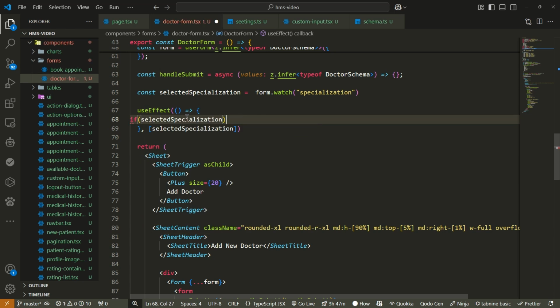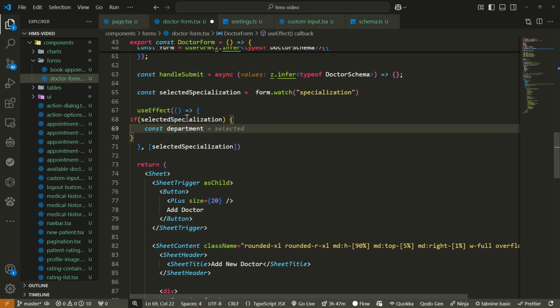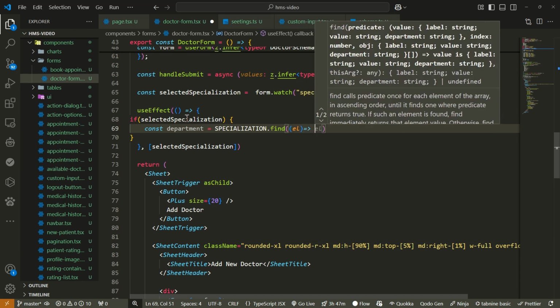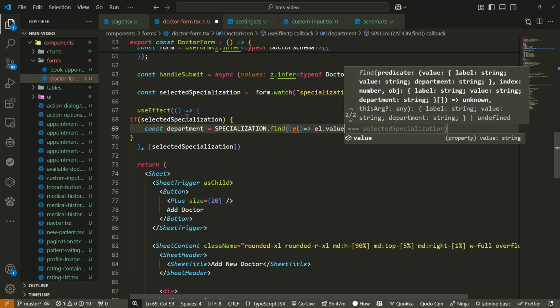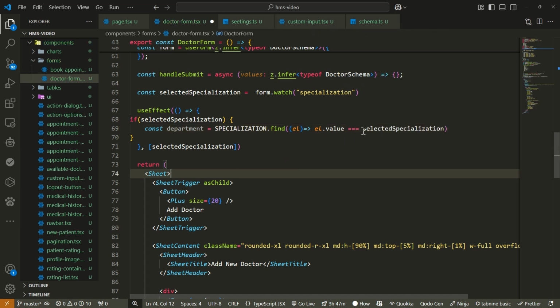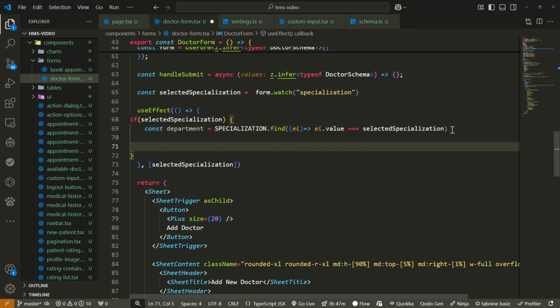So I'll say if selectedSpecialization exists, then I'm going to say const department should be equal to specialization, that's the specialization data that we have, dot, then I'm going to use find. So I get each element and I check if the element.value matches the specialization that we have. I want to find it where the value is equal to the specialization. So I'll say if department,